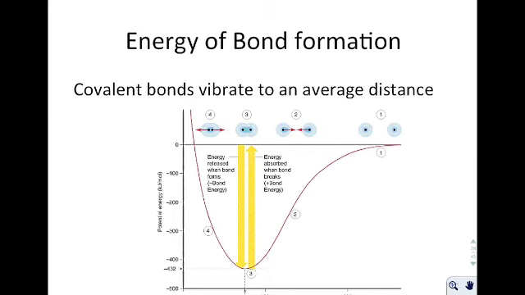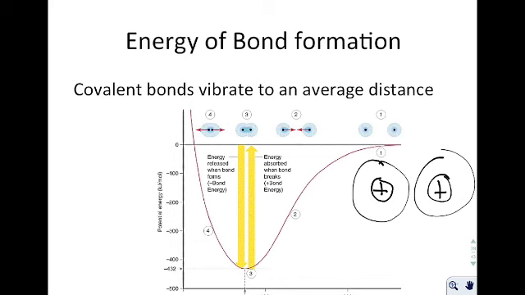So whenever you're looking at bond formation, realize that the electrons between the bond have to come to what's called an equilibrium in between the two atoms. So for example, if I have a nucleus, we're going to take it easy right here. We're just going to say that we're talking about a hydrogen atom. So the hydrogen atoms each have one valence electron in them. So whenever we form a bond, these electrons have to migrate to be in between the two atoms at an equilibrium position. For example, if I have this situation right here,